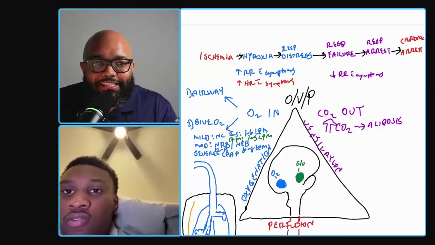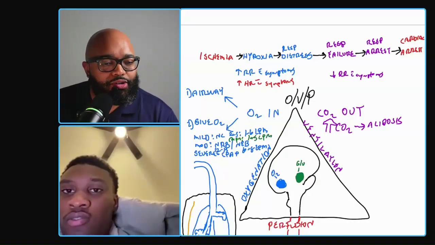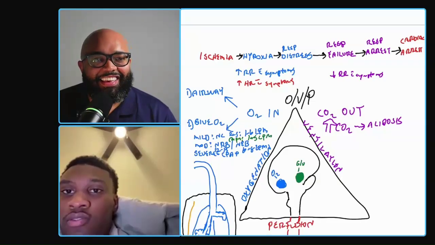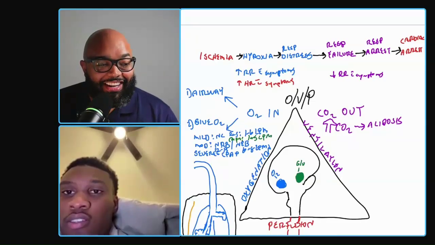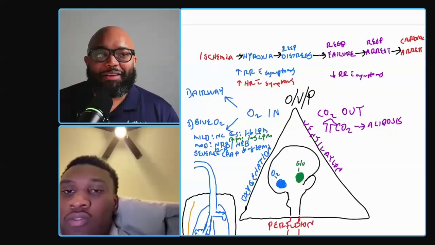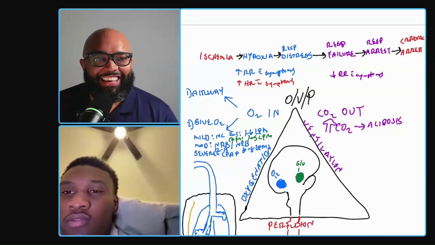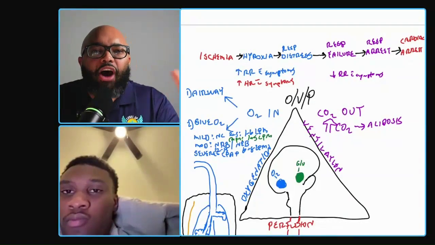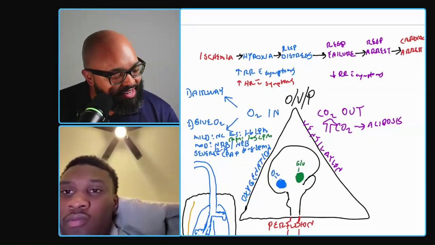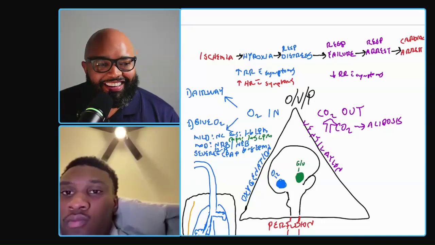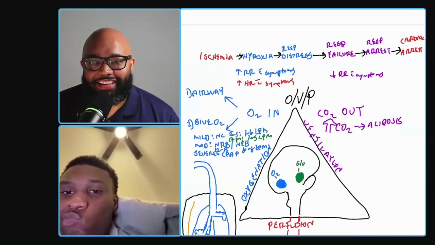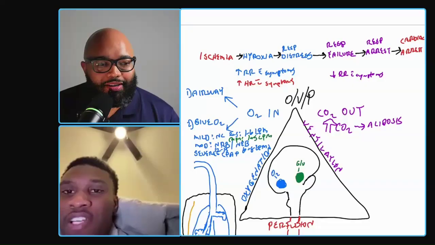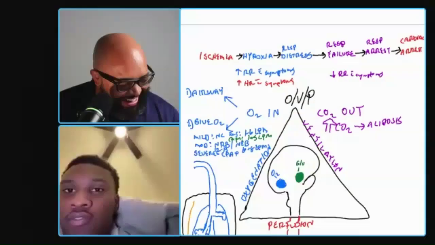I've told you that, but do you know how? How does excess CO2 lead to acidosis? Where does the acid come from? Have any idea? Does anybody know? CO2 behaves like an acid. Okay, but how? That's what the books say, but how does CO2 behave like an acid? Not sure. Come on.